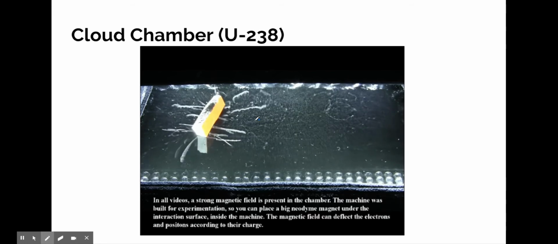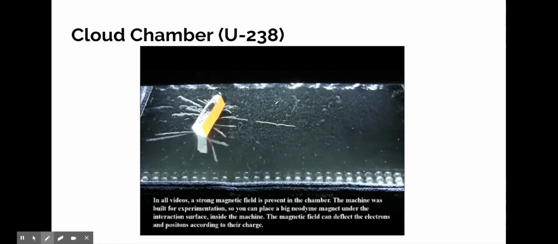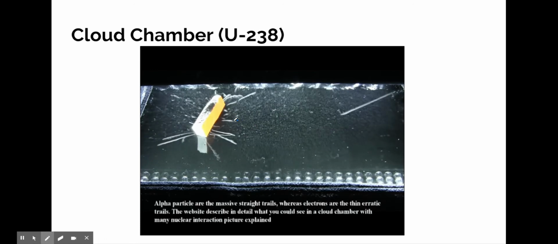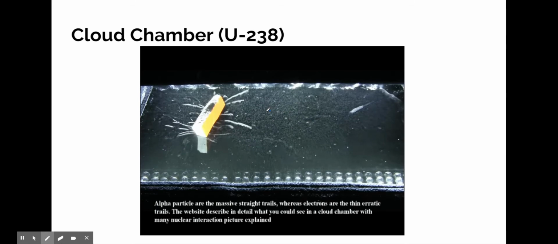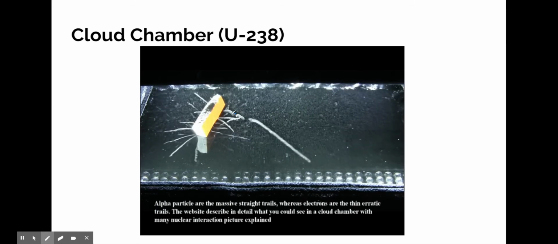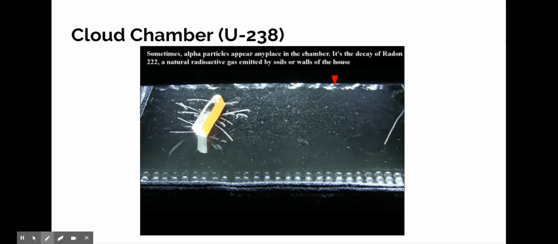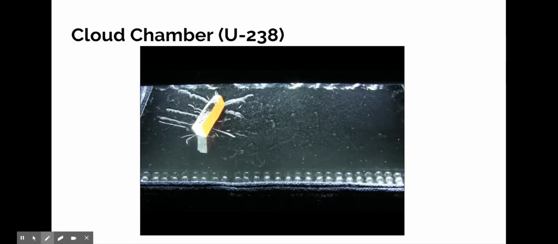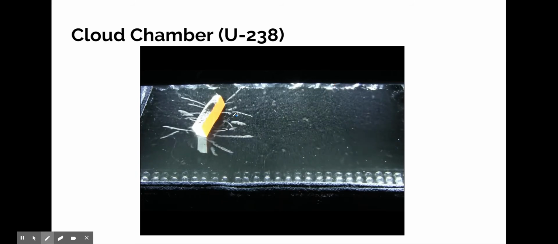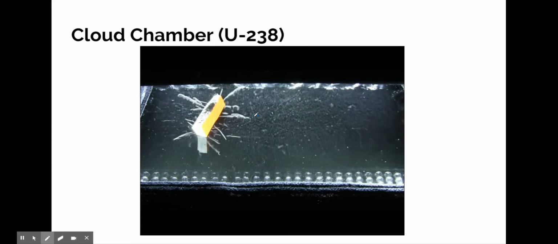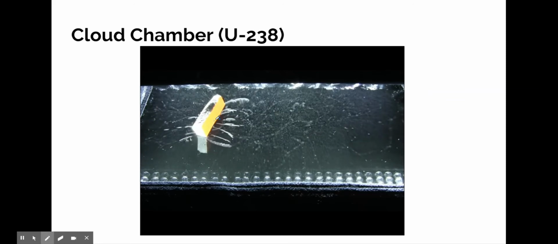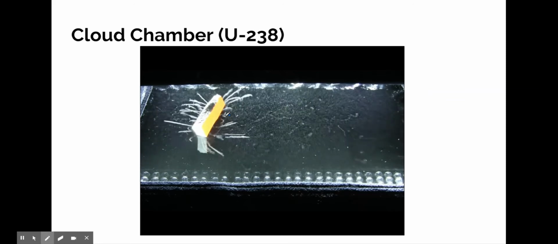And then the trails of these particles are emitted from this radioactive sample, they begin to make clouds, just like clouds in our atmosphere. So we have this solution of alcohol gas in the air just waiting to form clouds once a particle is present. And so as these particles travel through here, we can start to see their paths. We don't see the particles themselves, we see the cloud that they produce,